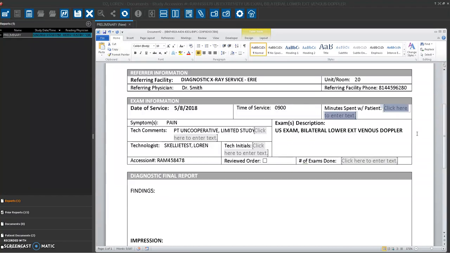This is a newer area that you might not be used to. This is minutes spent with the patient. So this is how many minutes you actually were with the patient, in their room and working with them. Not the amount of time that you were in the facility or starting at the nurse's station. You want to actually document how many minutes you spent with the patient. This is becoming a new important thing for facilities to know and understand how much time each vendor is spending